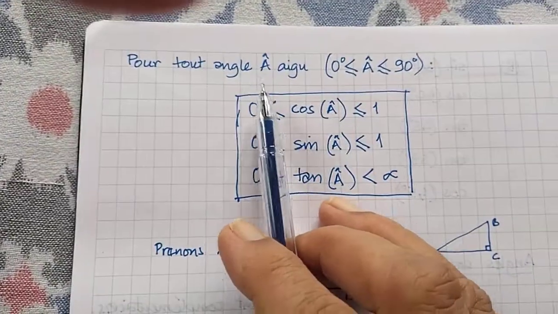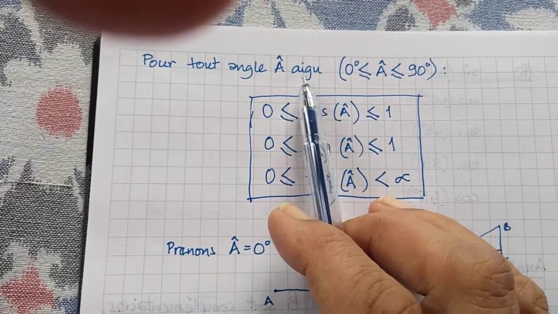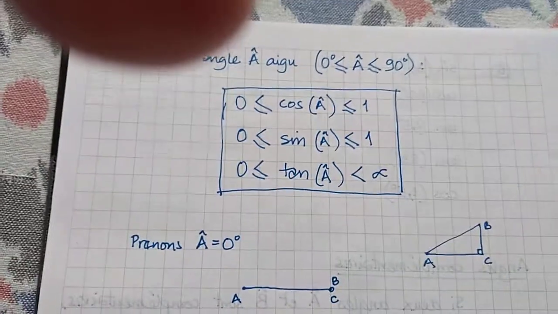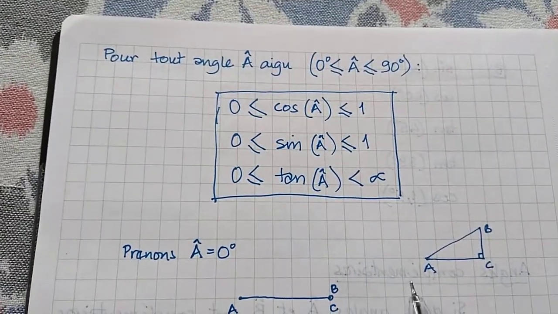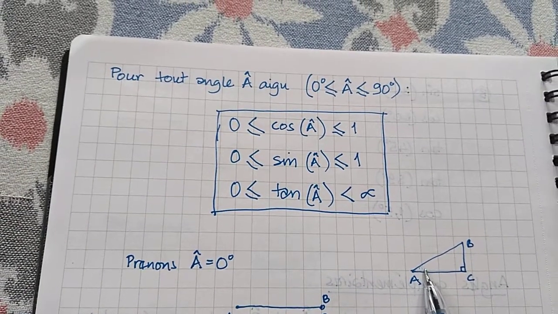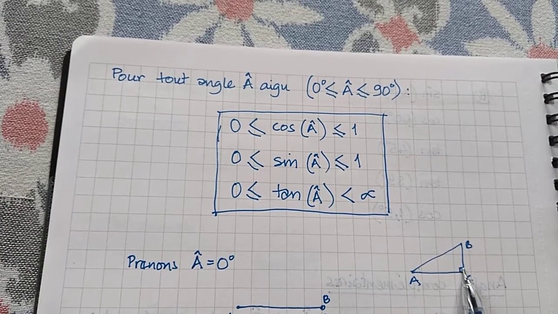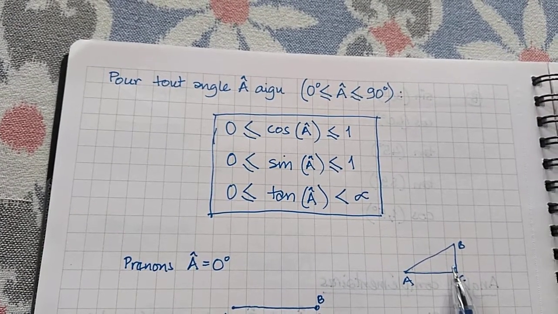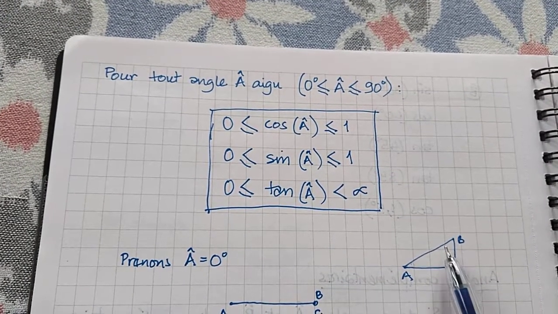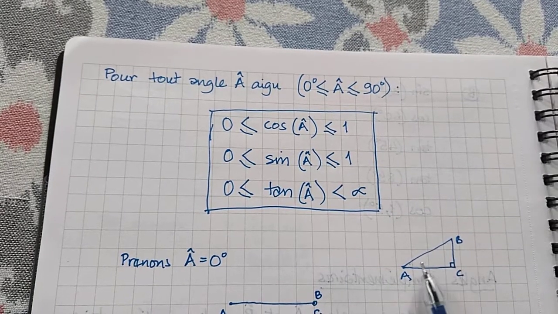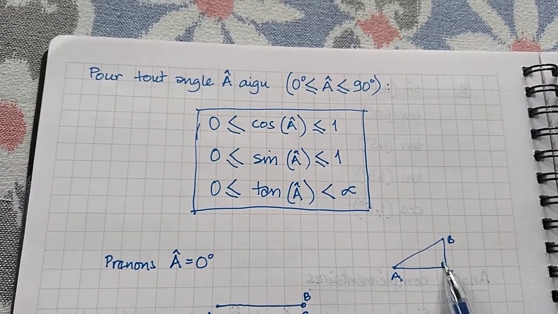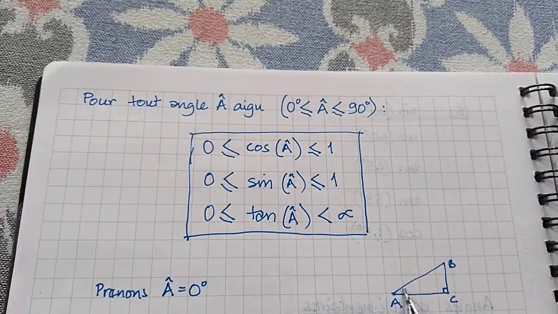So, pour tout angle A aigu. What does aigu mean? Acute angle means it is from 0 to 90 degrees. Now in a triangle rectangle, this angle is always smaller than 90 degrees because 90 degrees is already consumed there of the 180 degrees. So this plus this has to equal another 90 degrees. So maximum this can be 90 degrees, that can be 0, or maximum that can be 90 degrees when this is 0. That's a very funny triangle if you have a right triangle with one angle equal to 0. But this is what we are coming to.